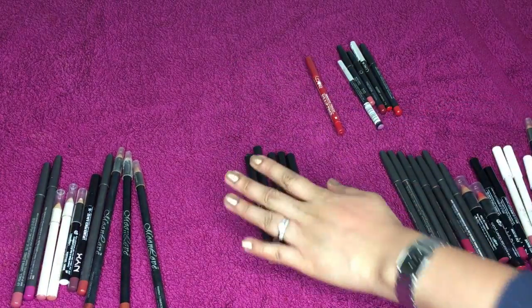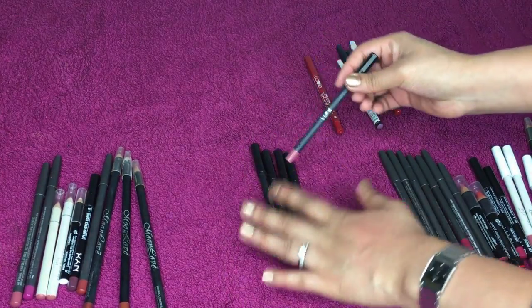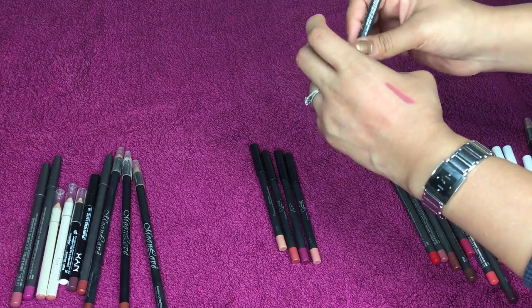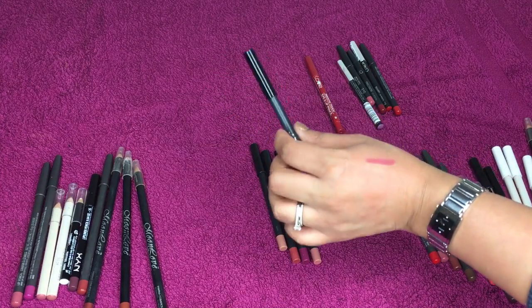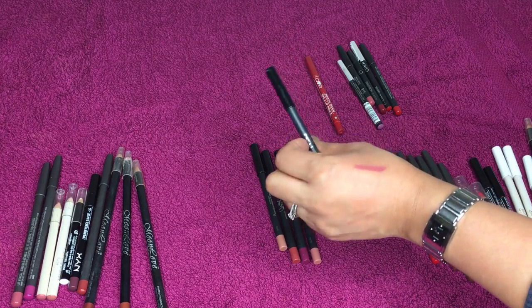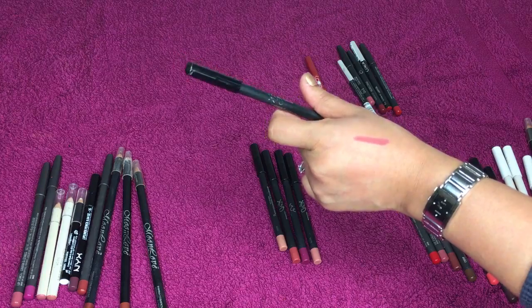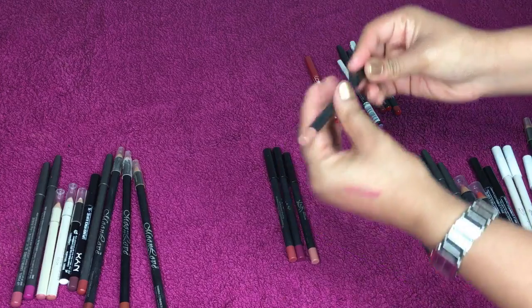Then moving on to my Kylie lip pencils, I've got 5 colors here. All of these I love. I'm definitely going to be keeping these. This one is Posy K, which is like that. The consistency of these and the longevity of these remind me of the Colourpop ones, and I don't know whether it's because they've used the same lab or anything for it, but regardless, I really, really like them. Colourpop ones obviously are a lot cheaper than the Kylie ones, but I love them, so I'm going to keep them. This one is a Dolce K,